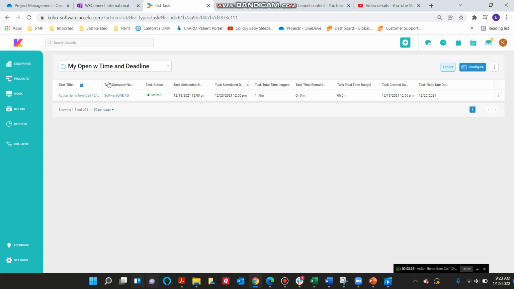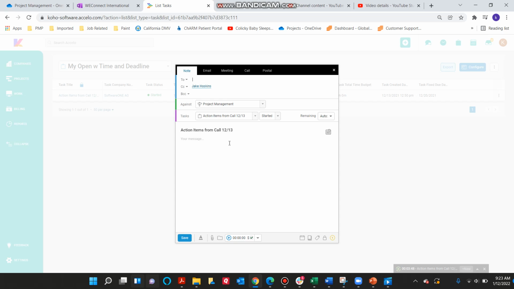So let's say that you've gone to your dashboard here and that you finished this work. You can do a few things to record the time. First, you can hit these three dots, add activity. That's going to pull up the notepad and you can list what you've done. And then you can also go ahead and enter the time